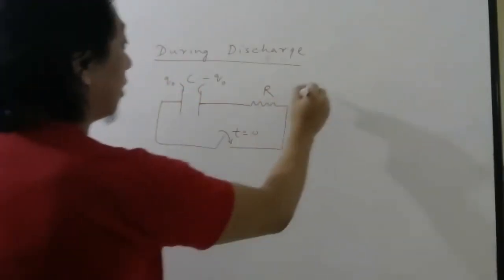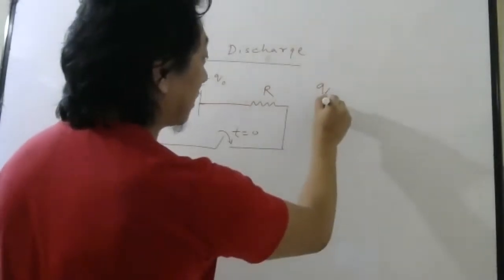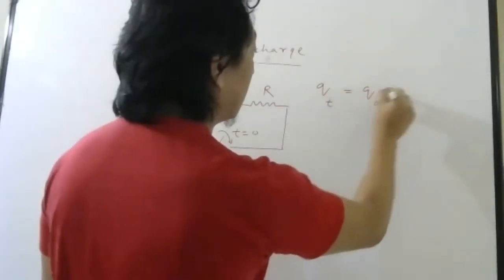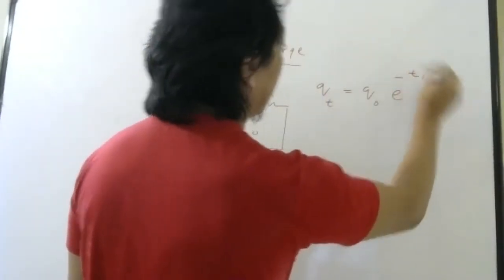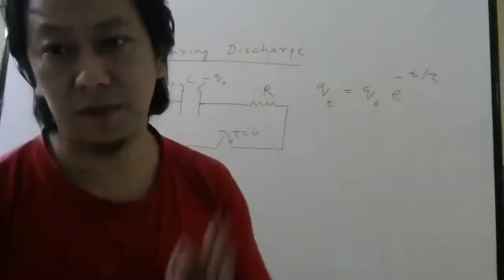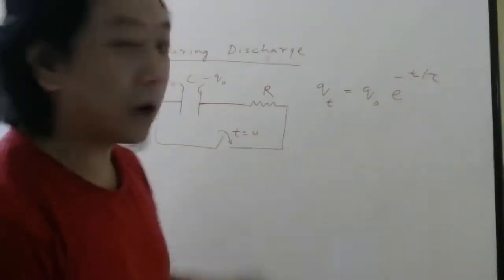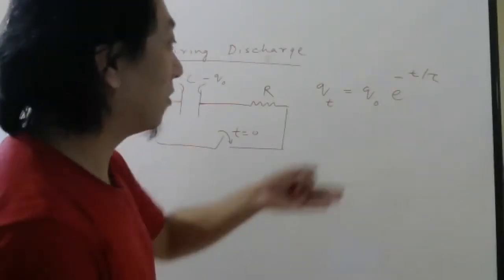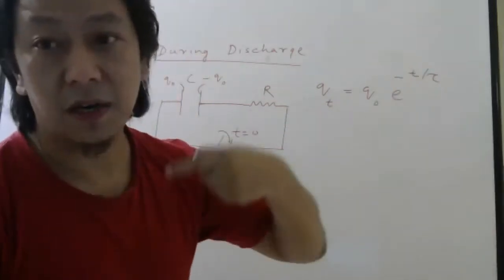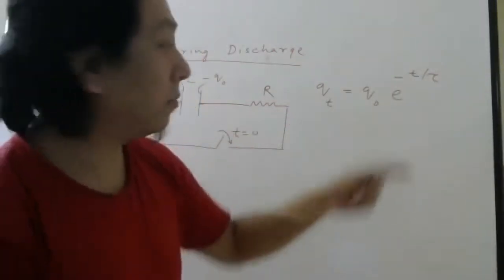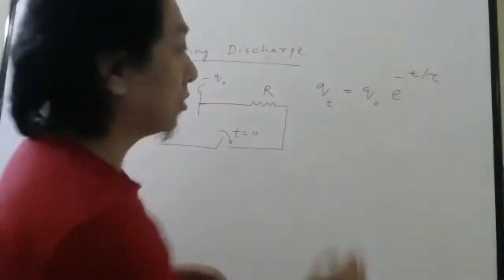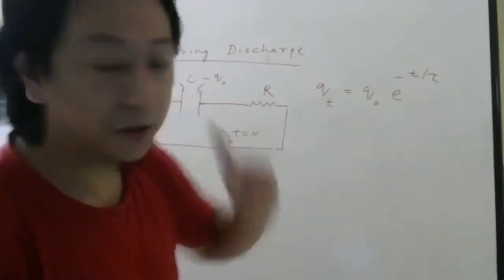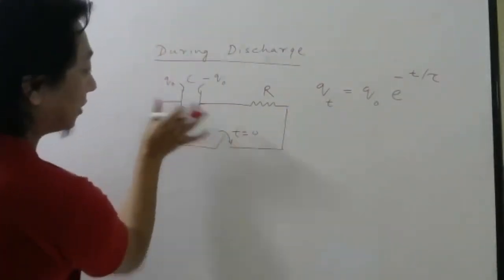Okay. So the formula for finding the charge at any time t is given by Q naught e power minus t by tau. So this formula you have to memorize, very important formula. If they want you to calculate charge after some time, maybe half of this tau, or maybe they may ask you exactly after 1 second. So if they want charge after 1 second, what will you do? Here you put 1 second. Understood?